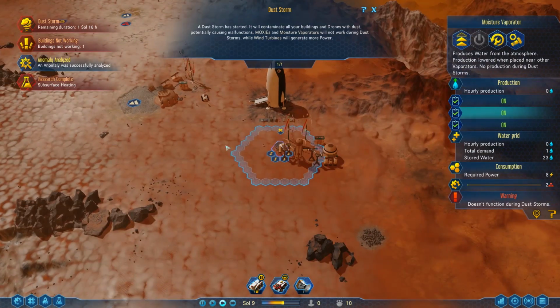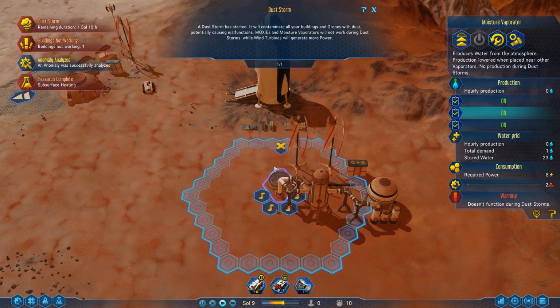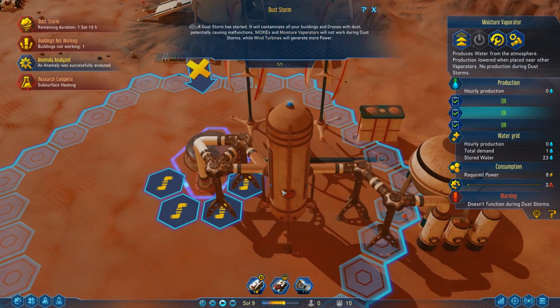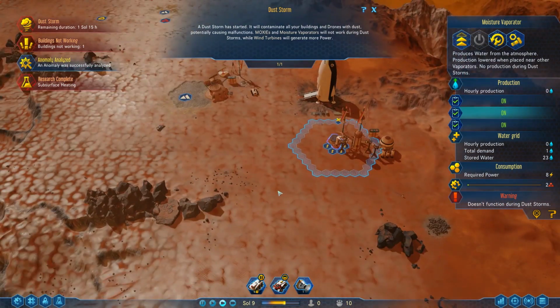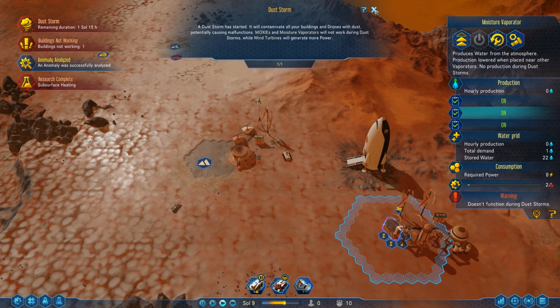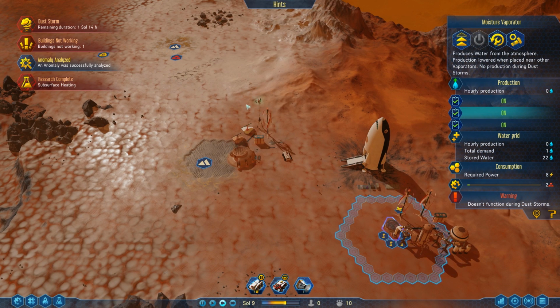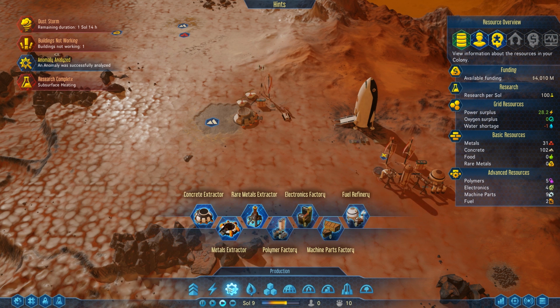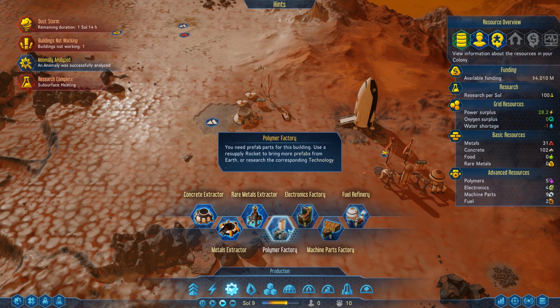So building's not working. Yeah, so our moisture evaporator can't produce any water while there's a dust storm. Unfortunately, not much I can do about that. And with this, because this is a really hard start, we have to wait a while. If I go into production buildings, you'll see I can't build polymer factories because I have to research technology or